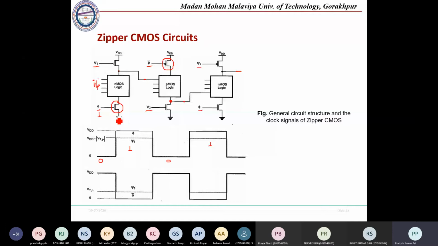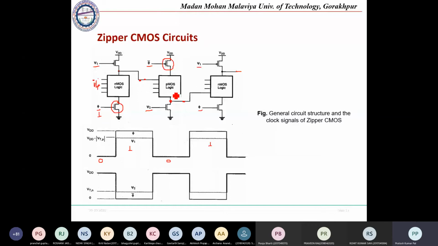Similarly, in the case of phi bar, if this is on, the evaluation will take place. But in the PMOS case, when phi bar is beyond, let's say VTN, this is the VTN value, and this is the maximum 0 value. So if this is 0 value, that will be on. When this is 1, it will be 0. So this stage will be on, the evaluation will be taking place at this point. Then with respect to the PMOS logic, whatever PMOS logic is there, the output will be decided at this point.